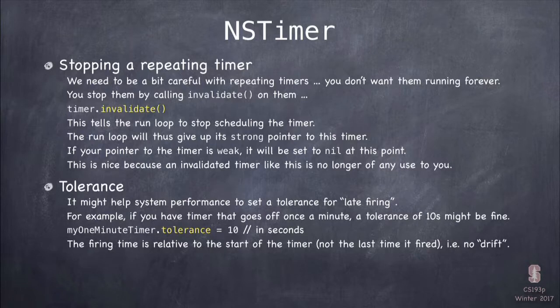By the way, this does not have any drift. So if the system decided it was going to go off in 50 seconds this time, the next time it wouldn't be shorter and shorter and shorter each time. So the time it goes off is the amount of time from the time you started the timer. Even if it's 2 days later, it's still going off once per minute. It's once per minute since you started the timer. It's just that when it goes off, it'll be plus or minus a little bit each time.